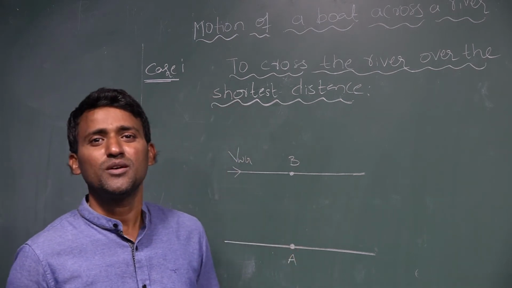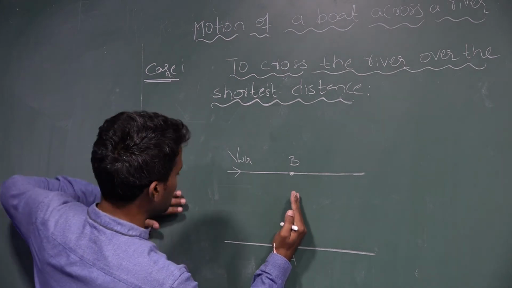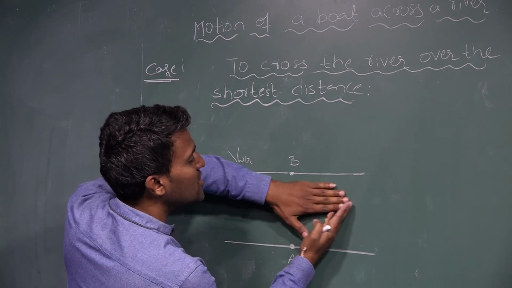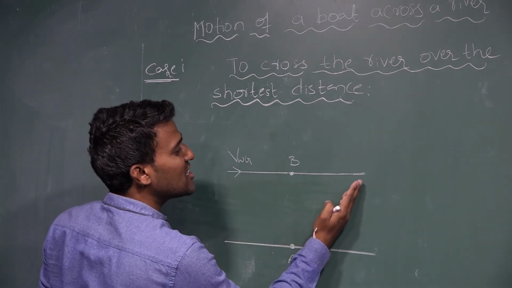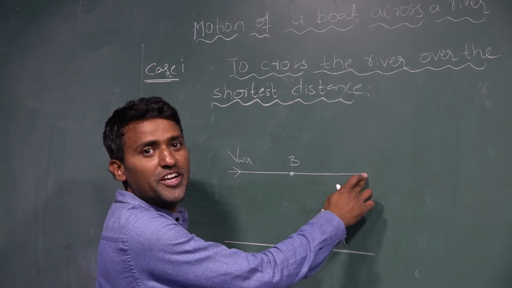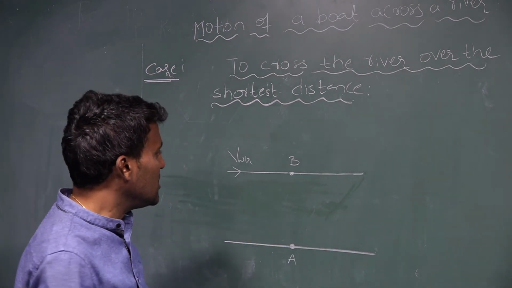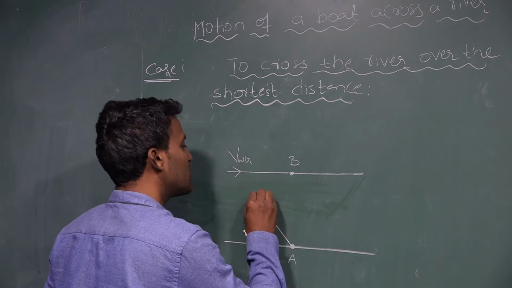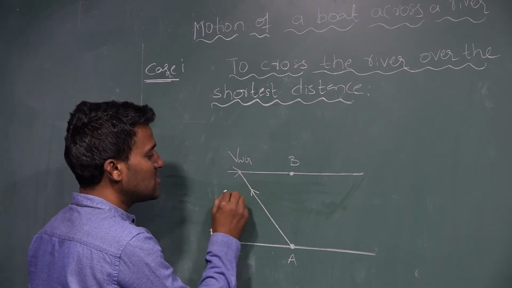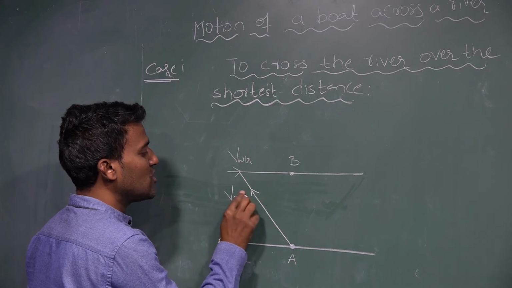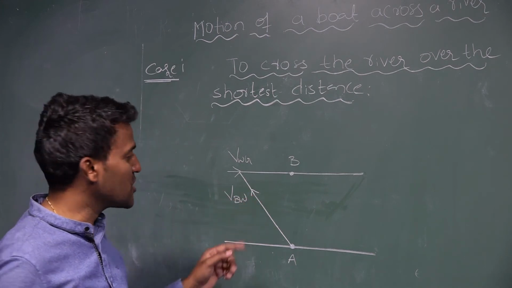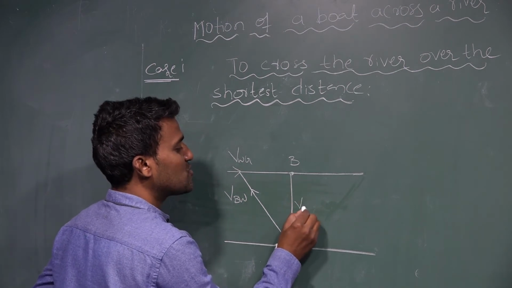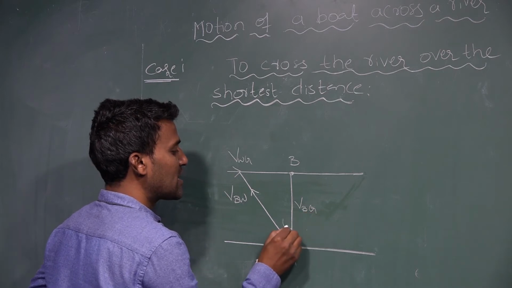It cannot be possible, because when the boat is moving along this direction, the water flows like this. See here, while it is moving, the water flow applies force on the boat. So due to that, it changes direction and reaches some other position. So to reach exactly the opposite point, it must move along this direction. See here, this is the velocity of the boat with respect to water, and this one is the velocity of the boat with respect to ground. You can write it is making an angle theta.